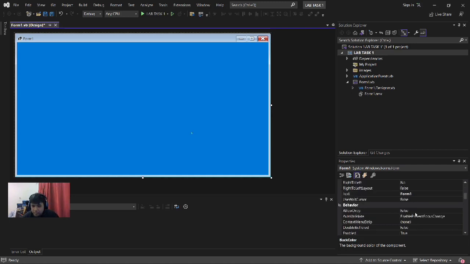Okay, and we also can change the form icon by converting any image into ICO, which stands for icon, and also we can rename the icon. We can rename the form. In this case, we are not going to do that. Okay, so